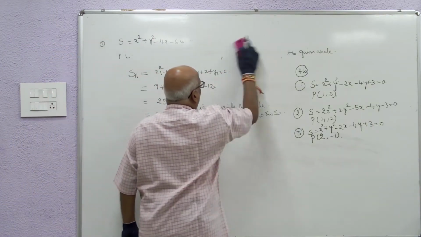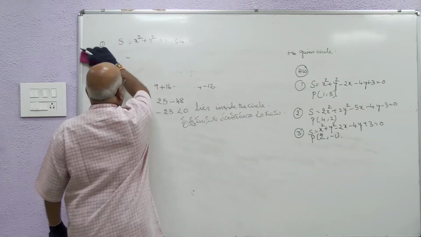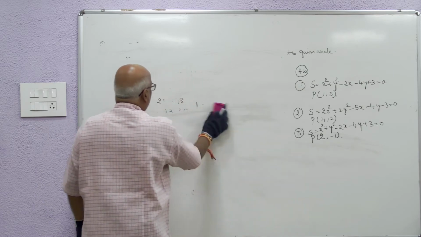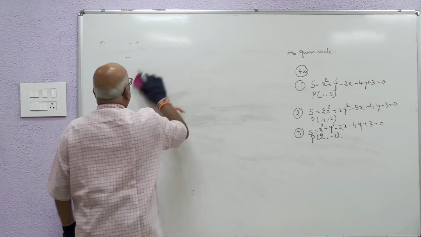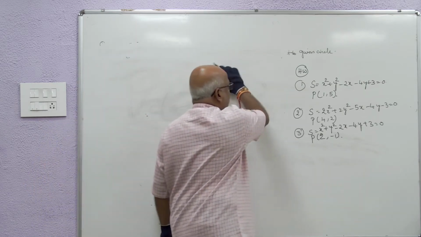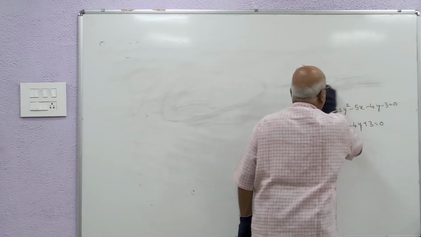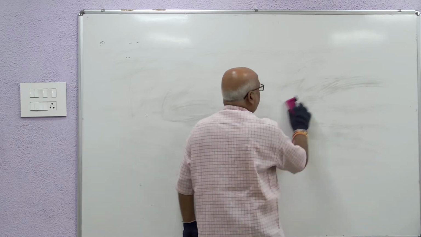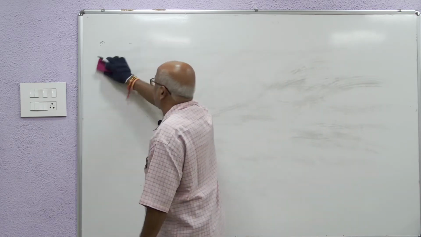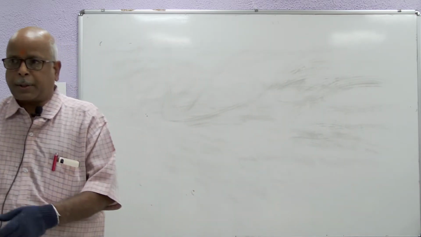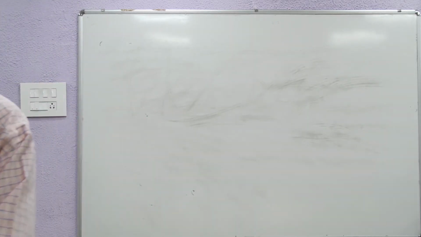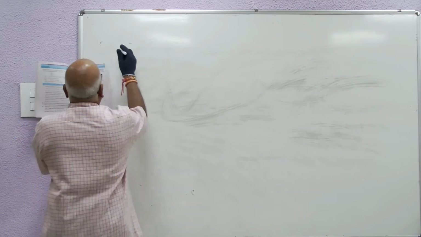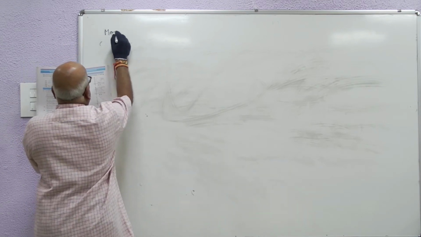This is one model in our second exercise, that is exercise 1b of circles chapter. And next model problem we shall take up, that is, or you can put model 1, model 2, model 3 like that also, nothing happens. It will be advantageous to us only. And model 2, let us say model 2.